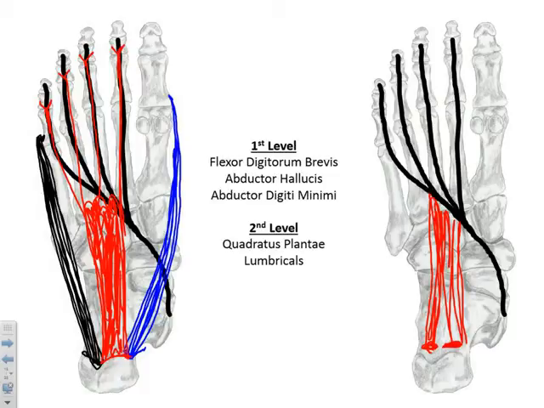Next we have the lumbricals, very similar again to what we saw in the hand. In this case, the muscle originates by two heads off the adjacent surfaces of the flexor digitorum longus tendons, and its tendon will then attach to the dorsal digital expansion, or the extensor expansion, along the dorsum of the foot. So its action is much more subtle than what we saw in the hand,